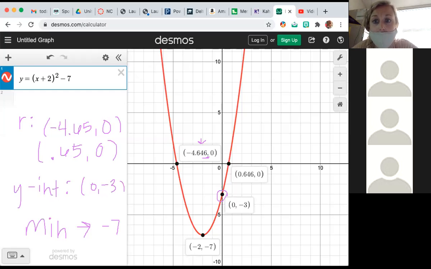Brooke doesn't. Okay, you're going to go graph it in Desmos. And then you're going to click on the graph so all the points pop up, and then you just click on what part it's asking for. So if it asks for roots, you're going to click on the x-axis. If it asks for y-intercepts, click on the y. You know, the vertex is